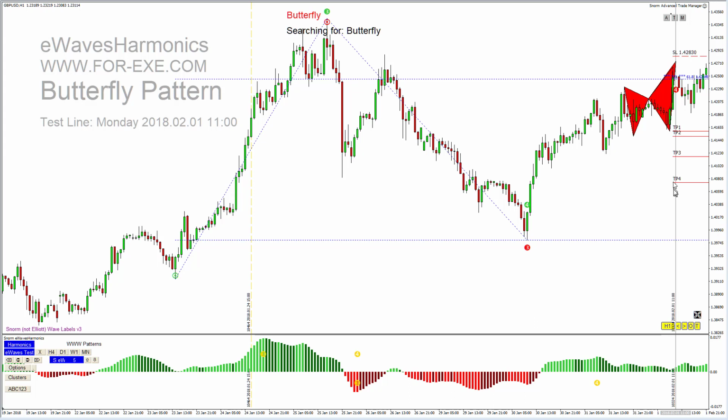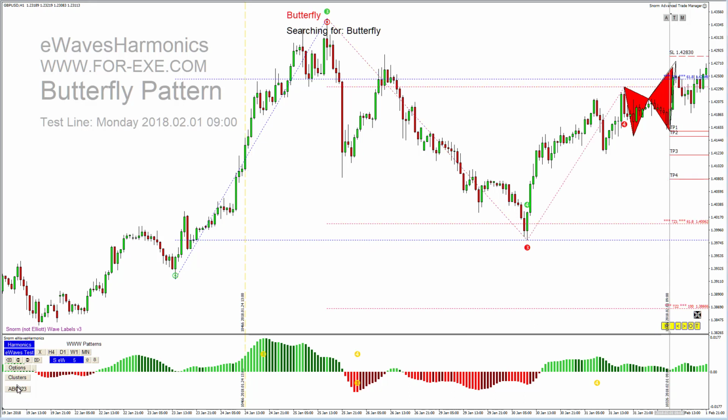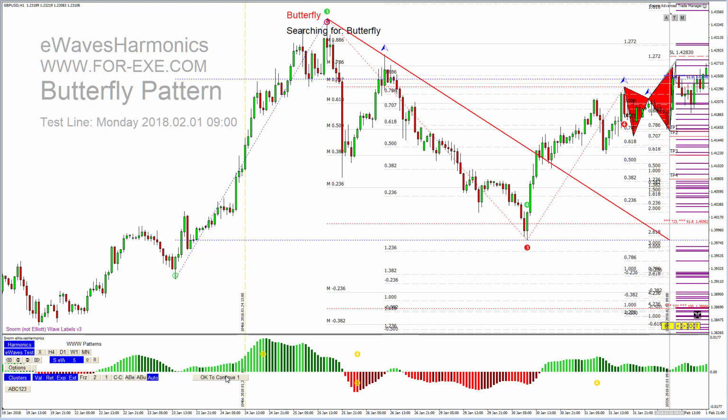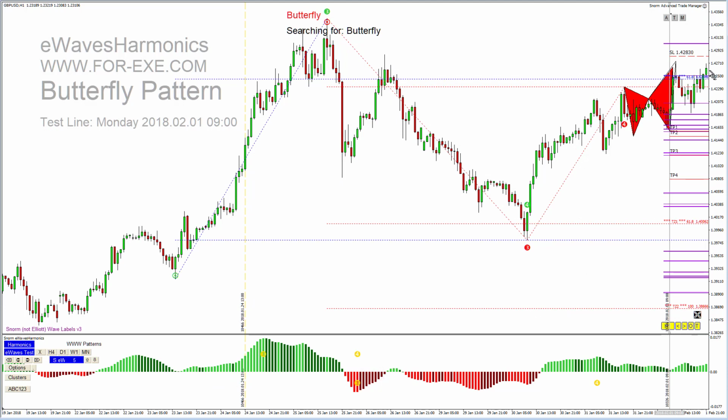So we're going to repeat the same exercise, although we don't have much in the way of swings within that CD leg there. But let's just put the test line onto the C point, do some auto clusters, and see what we've got. So if we were projecting from the C point to the D, we've got a cluster all the way up there, which would take it out, probably outside of the butterfly pattern definition,